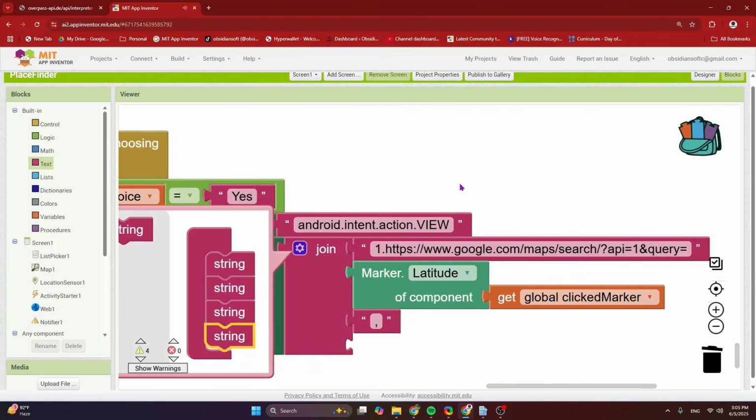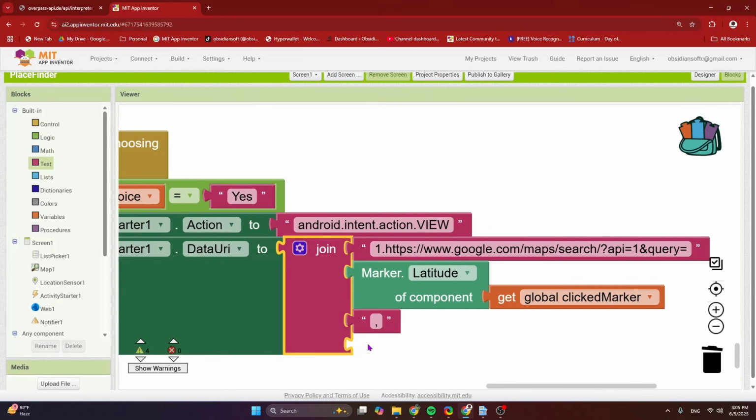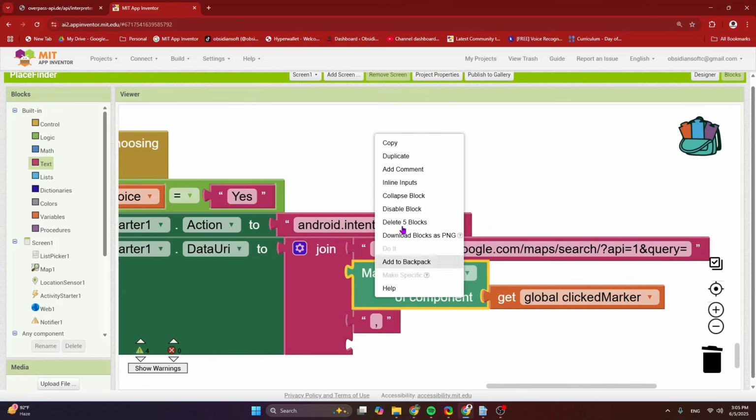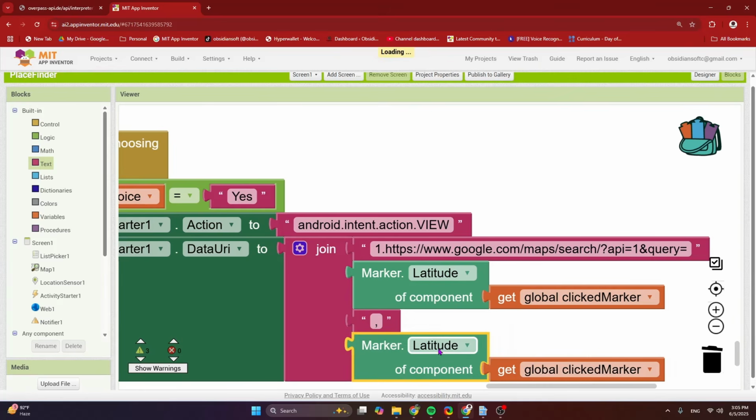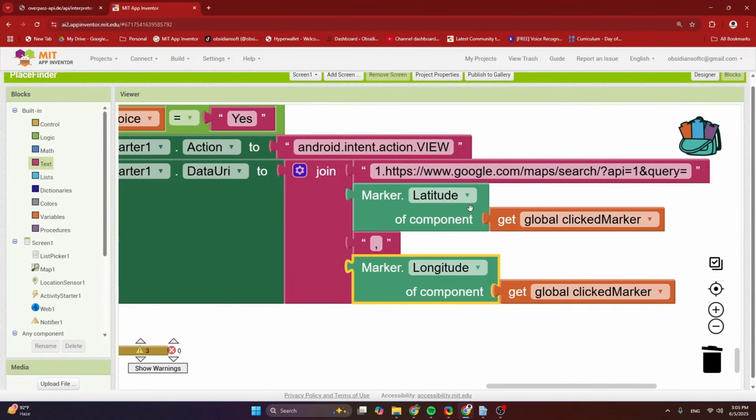I don't know why this is happening with MIT App Inventor, that my extra slots just disappear. So right click, duplicate, and now this is the longitude. So this is my call to Google Maps to open up at this latitude and this longitude.